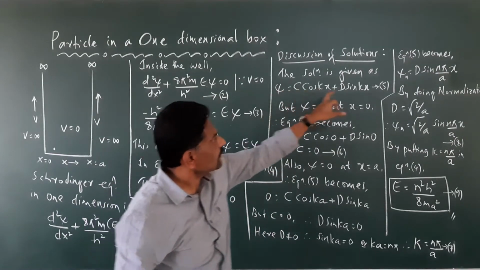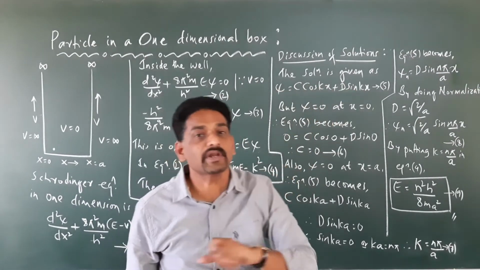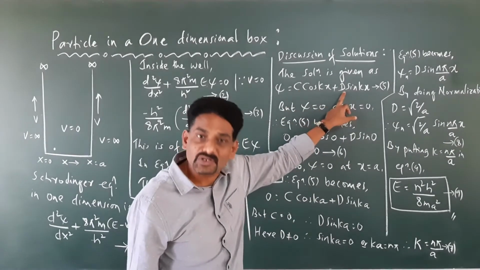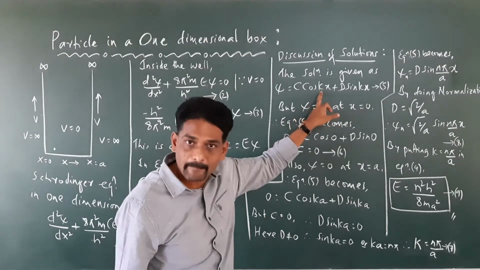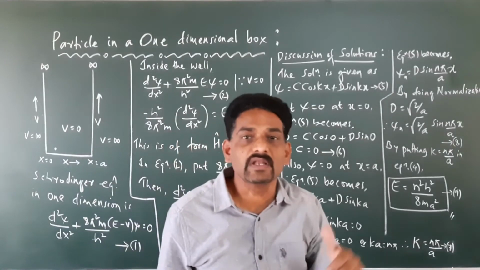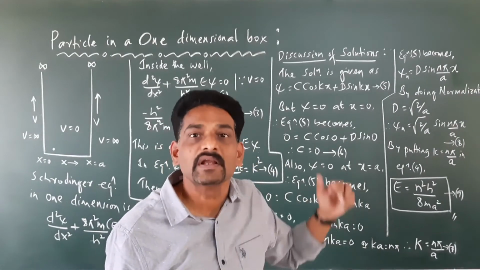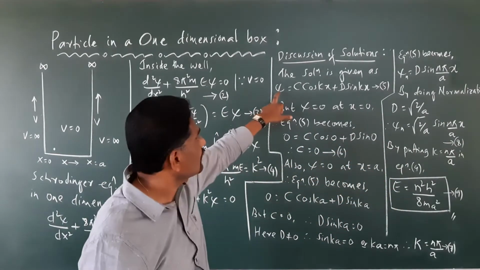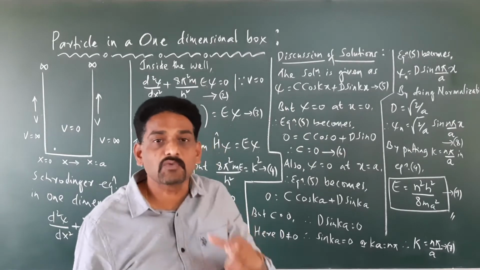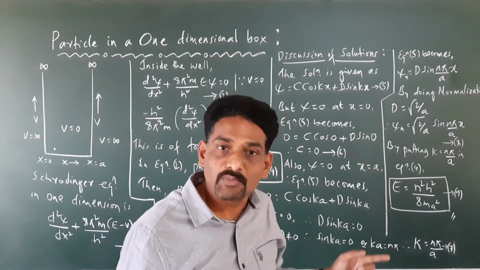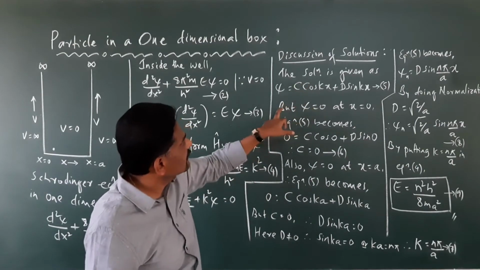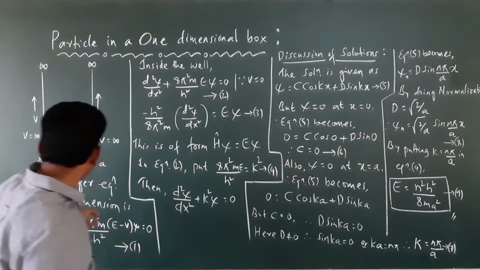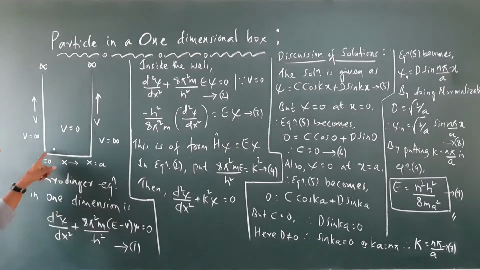Then for this equation, now we apply the boundary conditions and we try to get the value of c, the value of d, which are the constants, and we try to calculate the value of k. The purpose here is to find out the value of c and the value of d. Once you find out those values, we get the wave function psi, right? So for that, we apply the boundary conditions. What are the boundary conditions? Here we say that psi equals to 0 at x equals to 0.